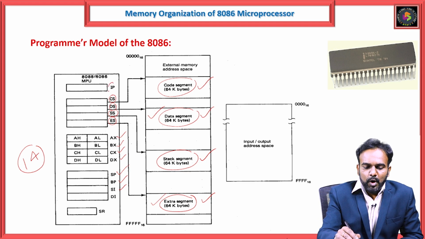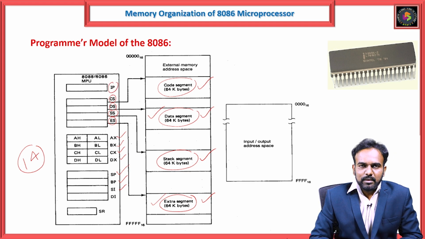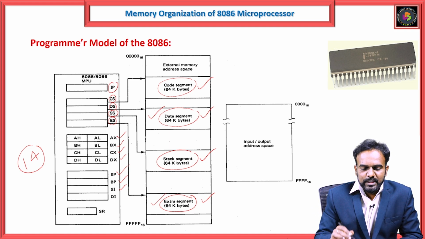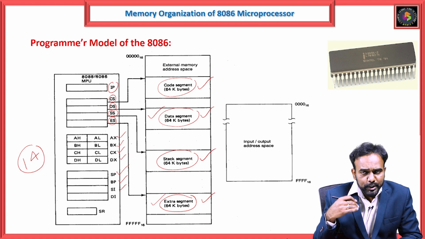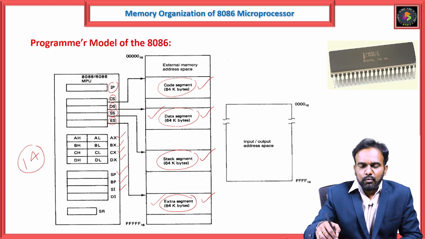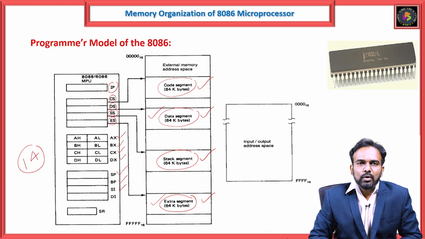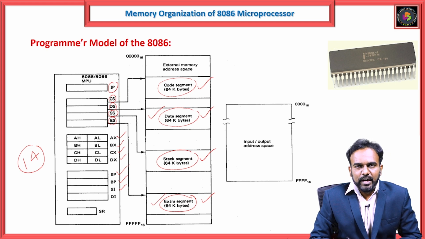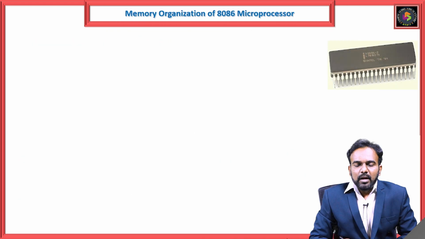Similarly, the instruction pointer is also sometimes used as an index and pointer register to hold the offset. That means the stack pointer, base pointer, source index, destination index and instruction pointer are used to store the offset address of these 4 segments. This shows our programmer's model of the 8086 microprocessor. Next,